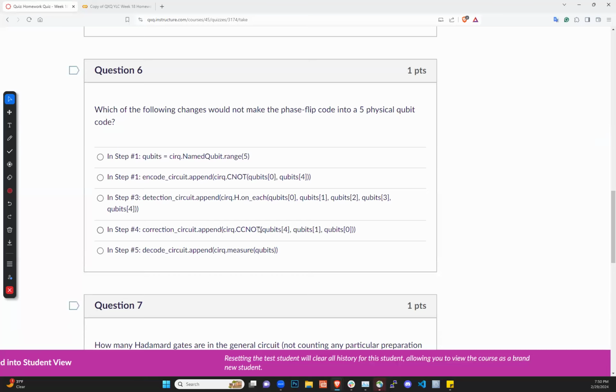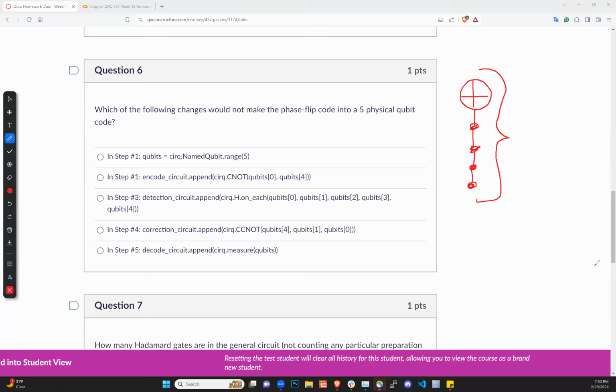This CC0 gate is where all of the qubits should come together and vote on what the state of Q0 should be. So if we had 5 qubits, we're actually going to need an X gate with 5 controls, or 4 controls in this case, because the 5th qubit is going to be the target. So we would have a gate that looks something like this,